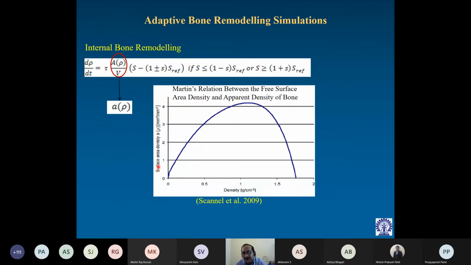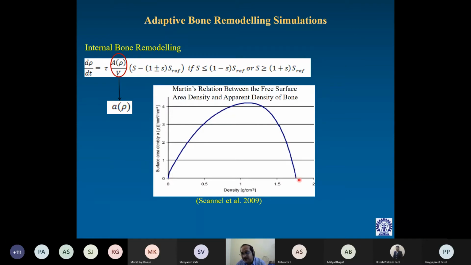So this is the free surface area density A rho. The available free surface area density is increasing. Thereby, it will have a positive influence on the bone remodeling. But immediately after 1 gram per cc, you can see that the free surface area density available drastically reduces